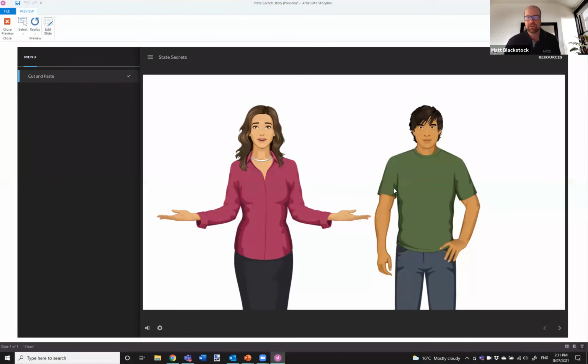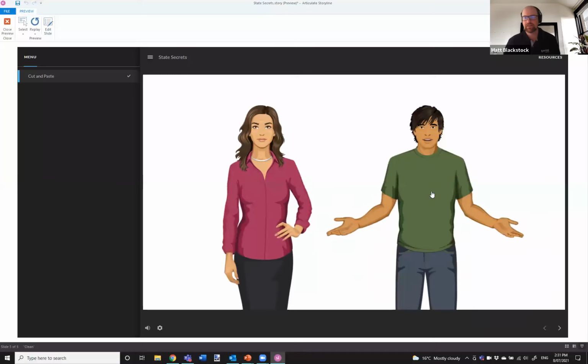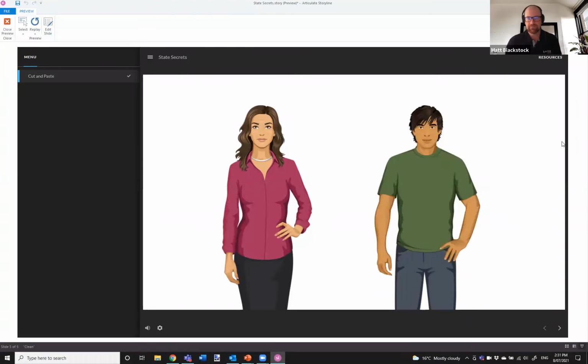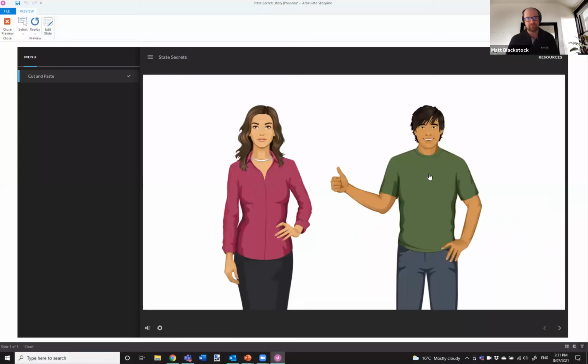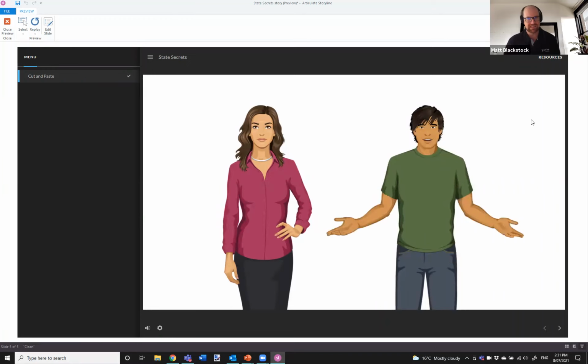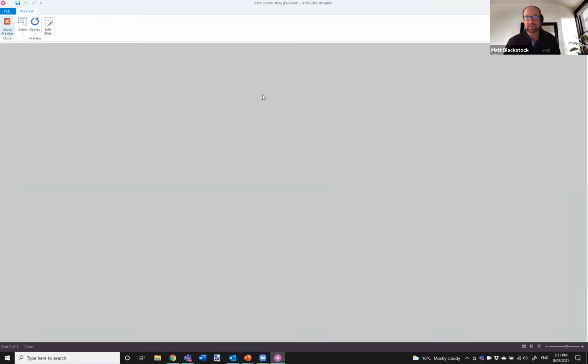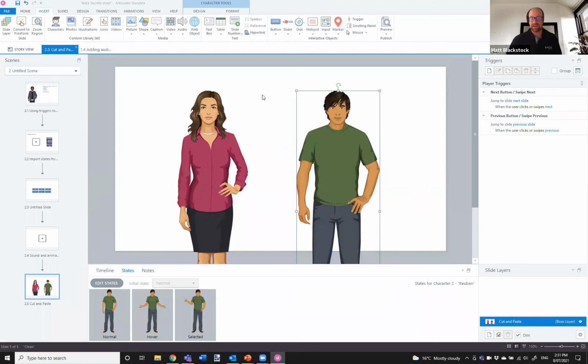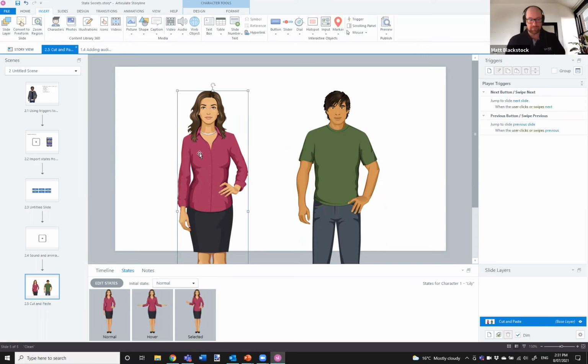Now, let me show you good old Ruben here. All right. He's got his hover state, but this time when I click on him, he just stays in the selected state. He doesn't try and put the hover state back into play until he's unselected again. Then the hover state kind of reactivates. And this is done, again, very, very simply by that control, that copy and paste trick. So good old Lily here, she was the one that was kind of jumping around the place.